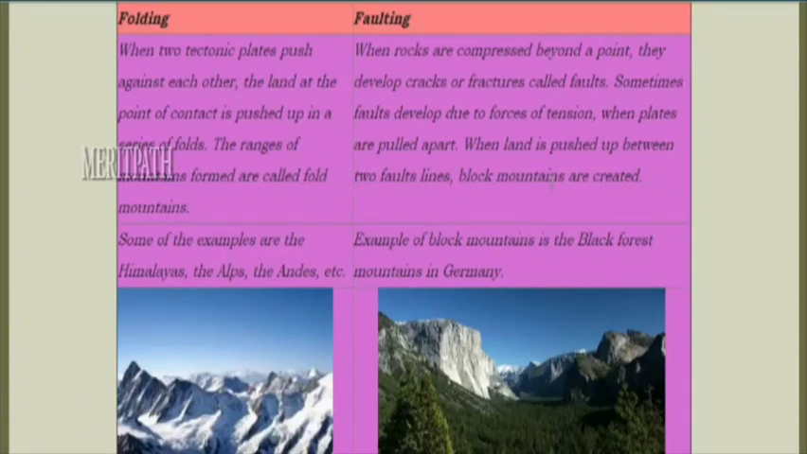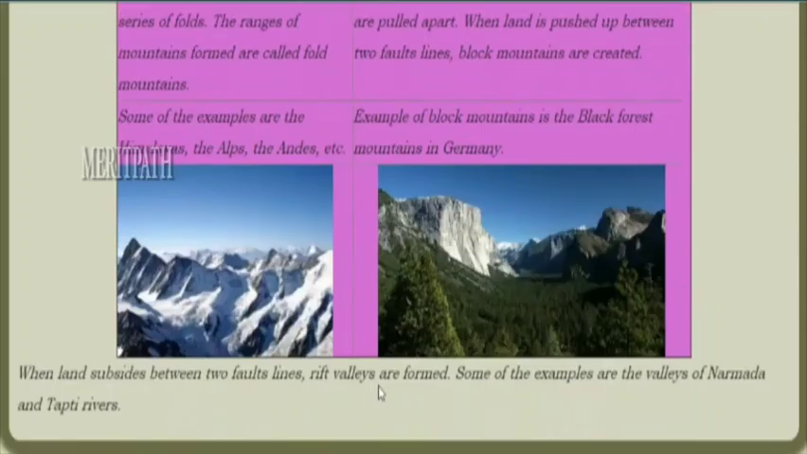Folding mountains have pointed ends. Faulting mountains are block mountains. They do not have pointed sharp edges at the top. An example of block mountains is the Black Forest Mountains in Germany. And when land subsides between these two fault lines, valleys are formed. Examples are the valleys of the Narmada and Tapti rivers. This is a fold mountain which has sharp edges at